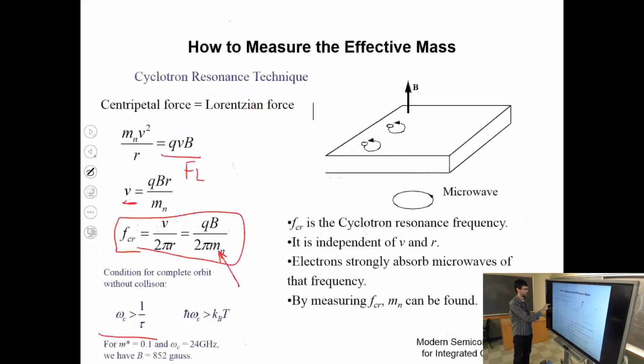Quick question. Does that have to be a certain type of material, like a p-doped material, or does that work for any? This works essentially for any material as long as this condition is satisfied. It works better for semiconductors than it works for, for example, metals, because of a strong reflection at the surface of the metal.